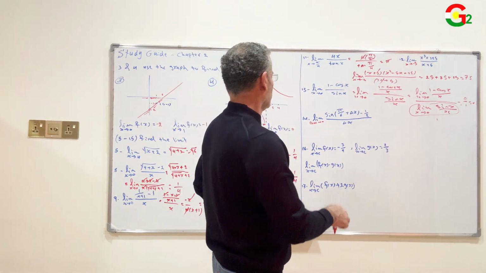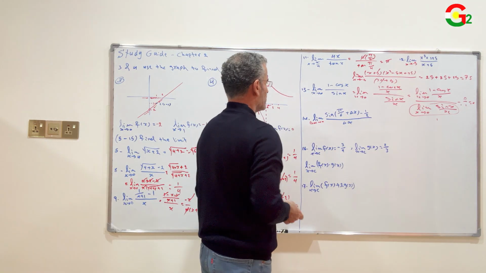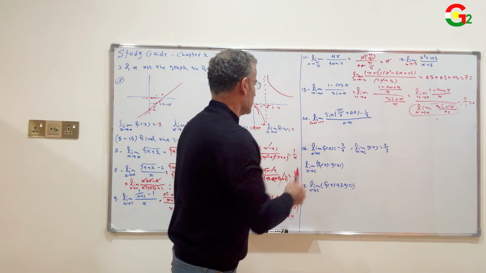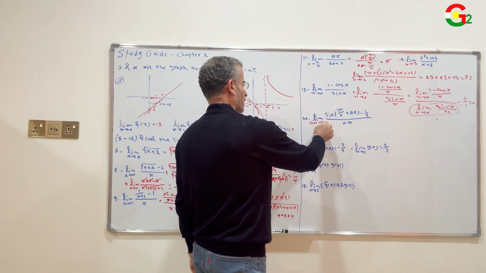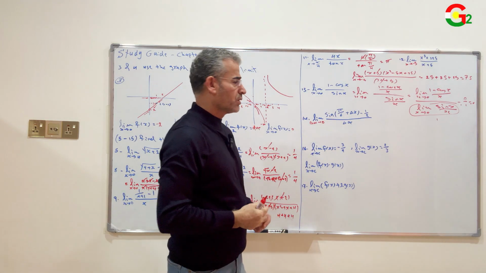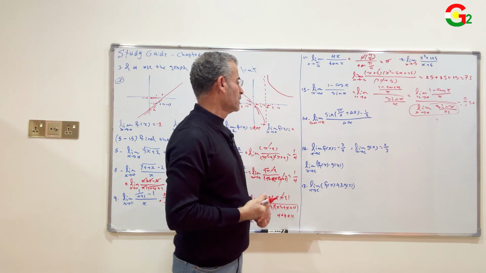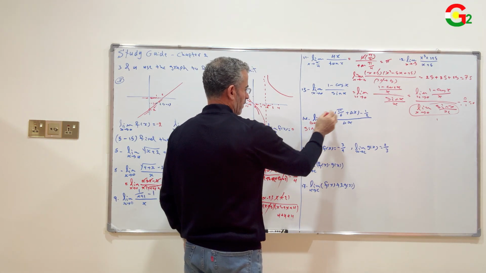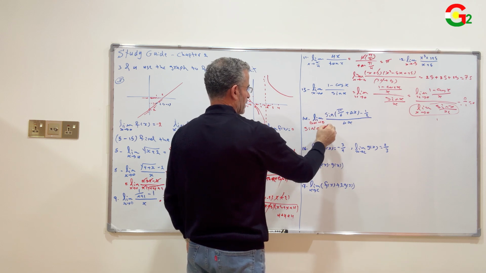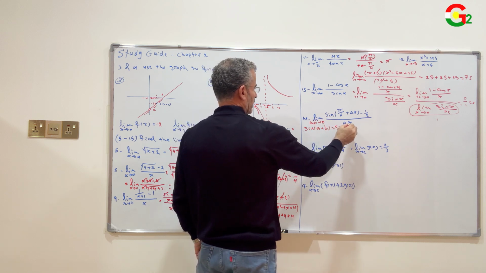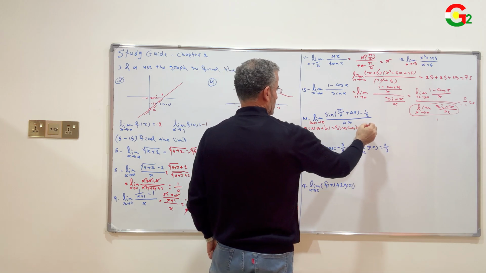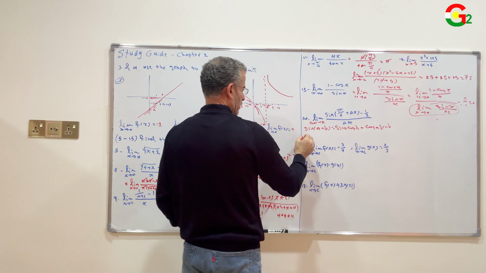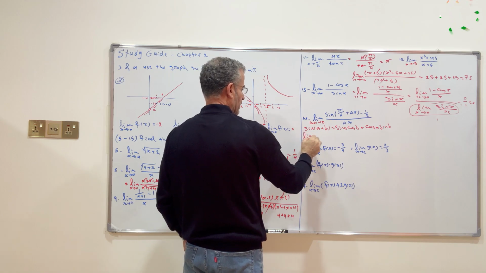Question number 14: the limit of (sine of (pi over 6 plus delta x) minus 1/2) over delta x as delta x approaches 0. 0 is not within the domain of this function. So I'll use the trigonometric sum formula: sine of (a plus b) equals sine a cosine b plus cosine a sine b. So the limit as delta x approaches 0 will be